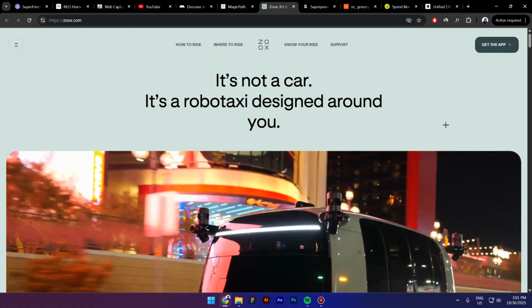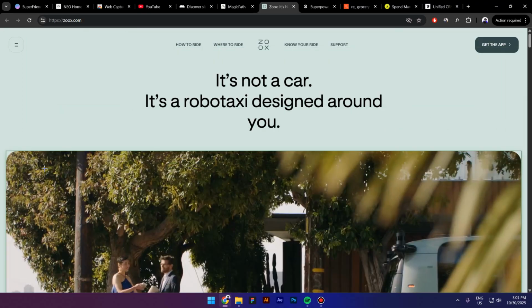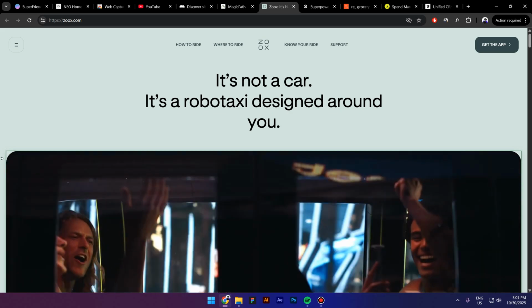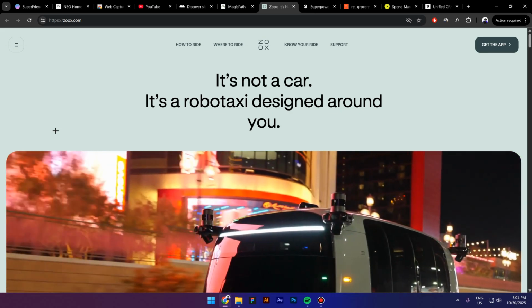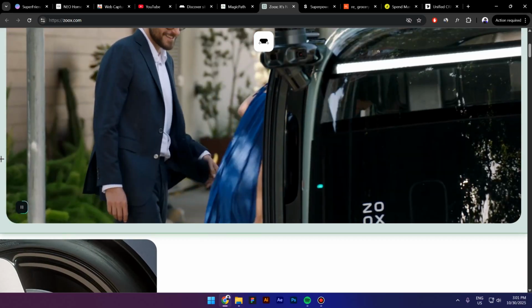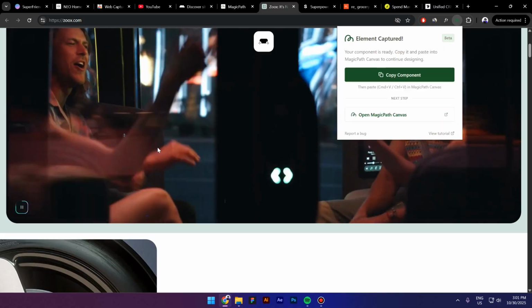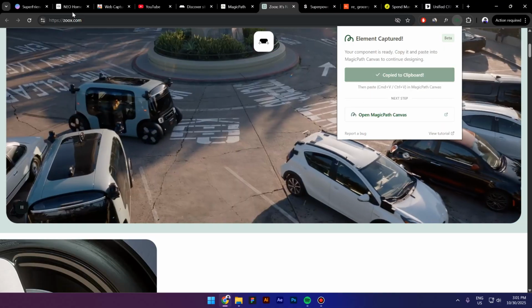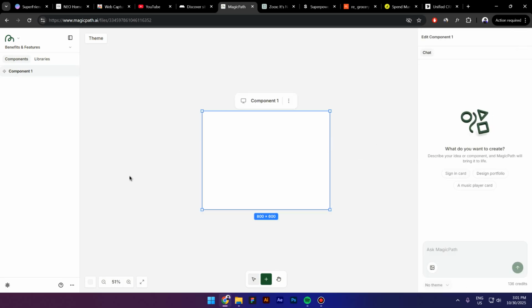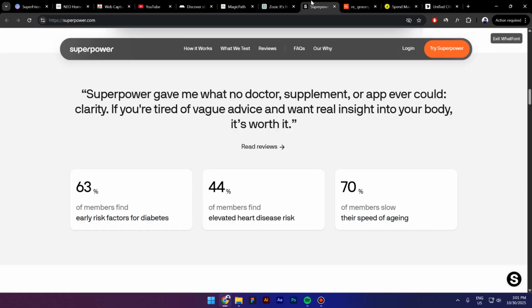And as you can see, when I hover on a particular element, that element gets a box around it. So this means if you click on it, you will select it and you can copy it to MagicPath. So I'm gonna select this element right here and then click on copy component, go inside MagicPath, press Ctrl V, and then click on this icon, and that is it. Next, I'm gonna create a new component, go to the second section that I want to copy, and